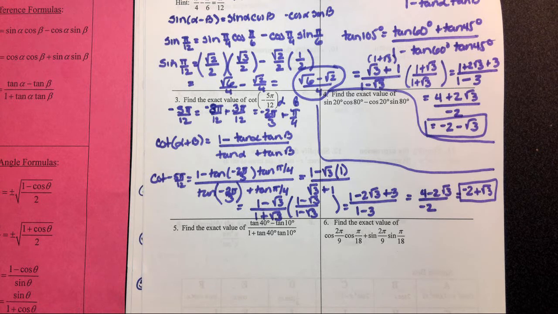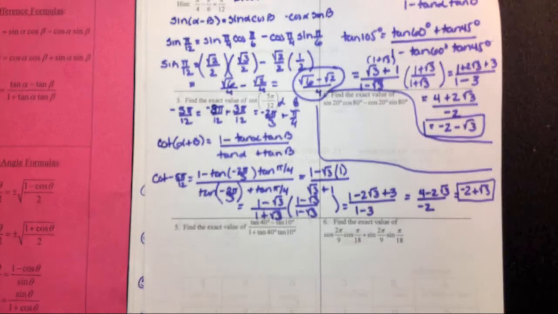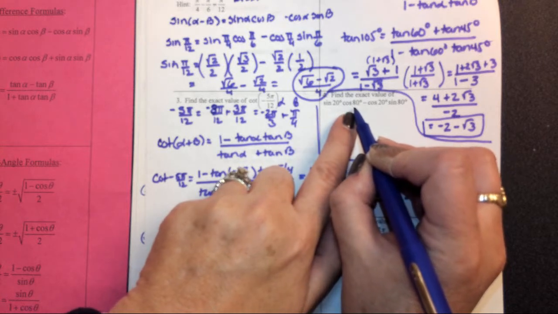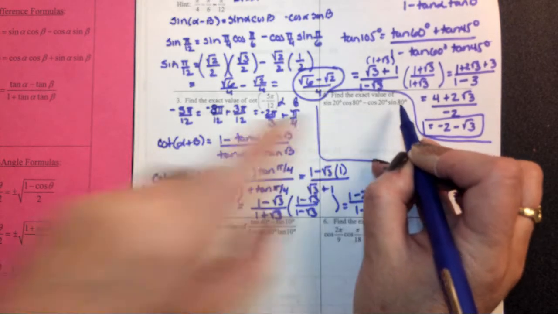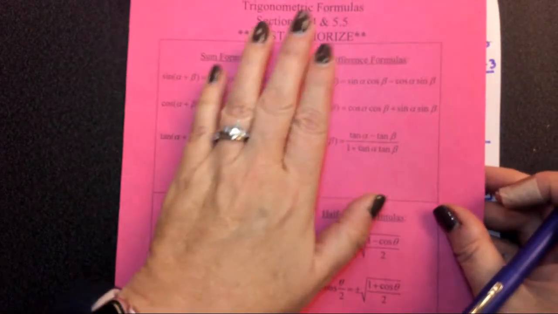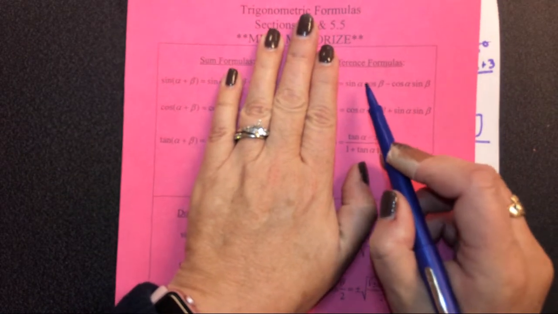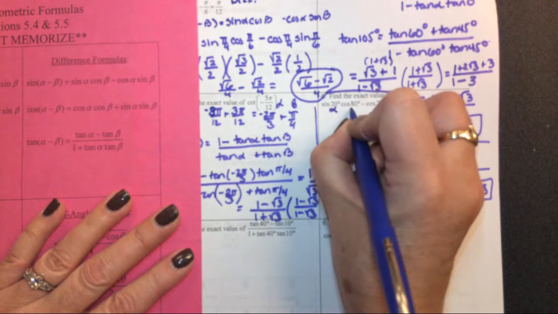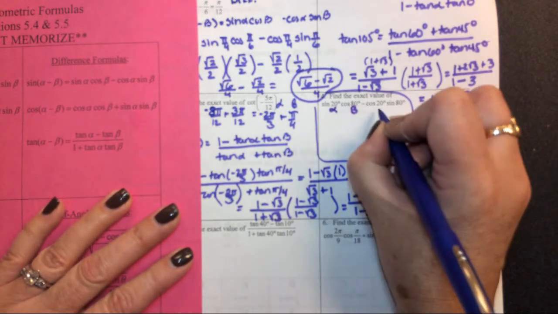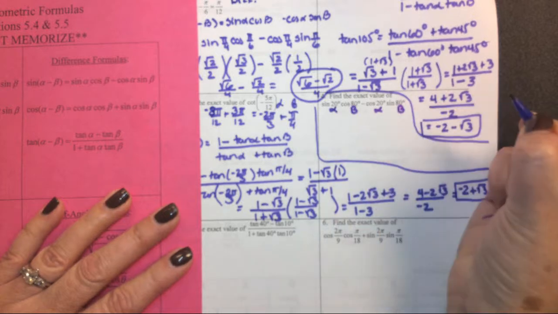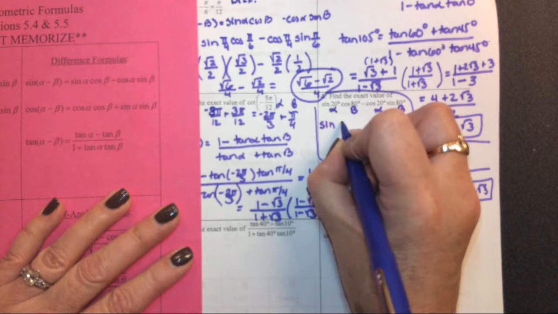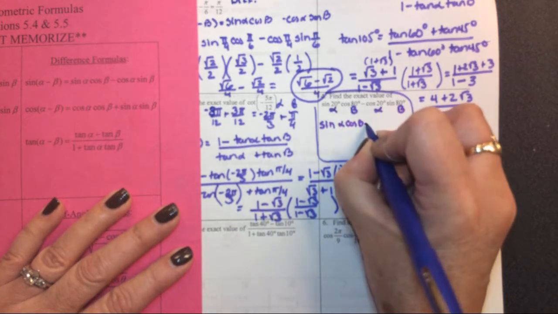Now, sometimes you have to work these problems backwards. For example, find the exact value of sine 20 cosine 80 minus cosine 20 sine 80. So now we have to figure out, is this in the pattern of sine alpha cosine beta minus cosine alpha sine beta? So treat this as your alpha, this is your beta. So 20 degrees is your alpha, 80 is your beta. So looking on your formula sheet, I'm looking for a formula that will give me sine alpha cosine beta minus